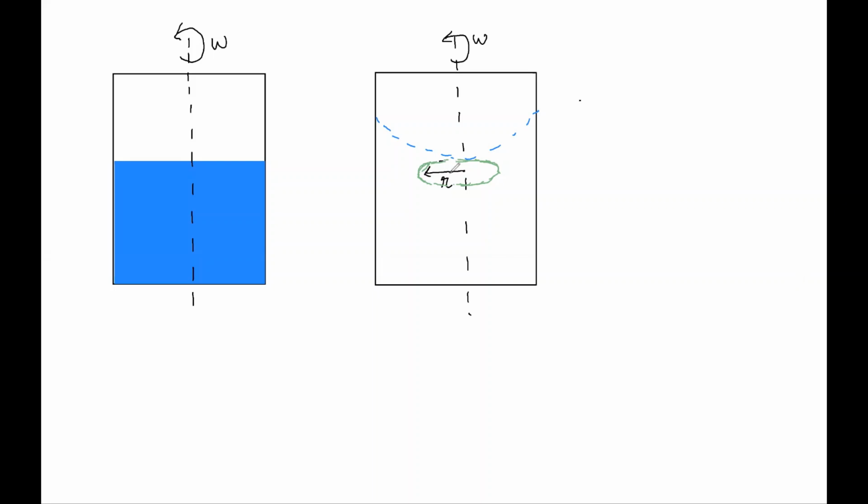Because of this centrifugal force, there is a pressure difference created, measured from the axis towards the outer direction, reaching toward the outer surface of the container. That pressure difference can be easily justified by Pascal's law in response to the centrifugal force. So first let us write the expression of the pressure difference created if we have a small thickness of dr on this circular element of radius r. So assume that it has a thickness of dr.